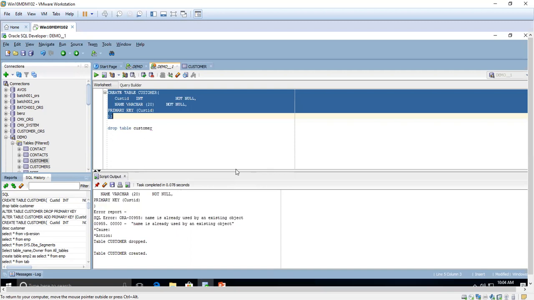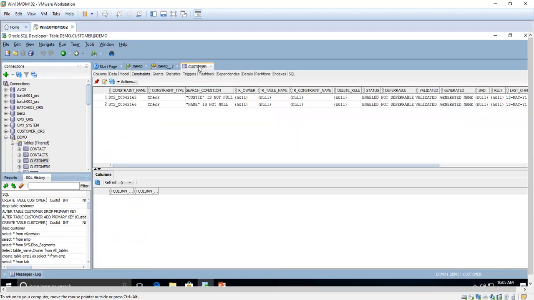Okay. Now let me check whether the table contains the primary key. Here on the left hand side, you can click under the tables, the table name. If you click the table name, it will open like this, and you can do refresh. So the primary key has been created, but we have not given any name. The syntax we have given is only a limited one. It contains a lot of options. If we cover all those things, it will take more time. So I've just given one crisp way to create the primary key.